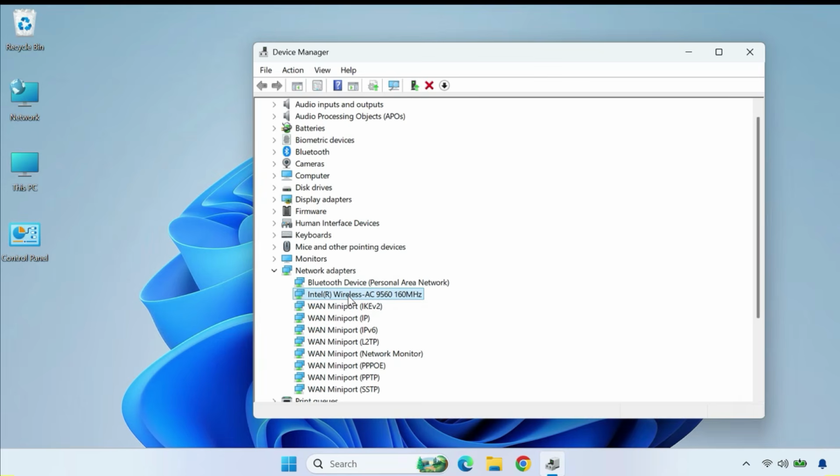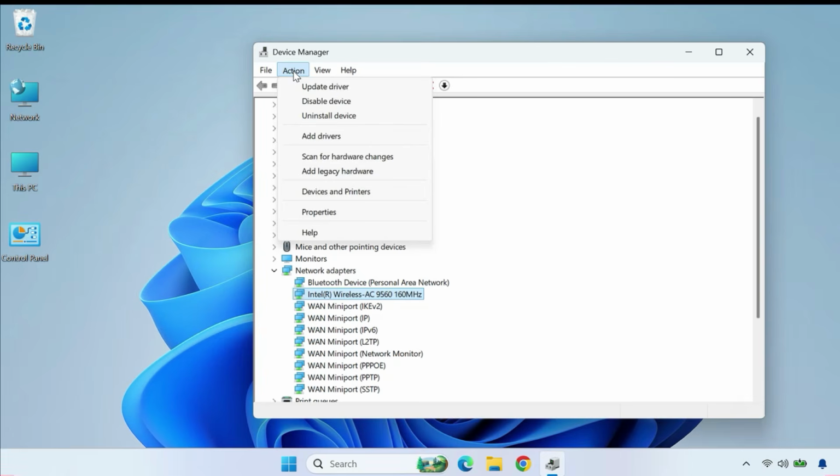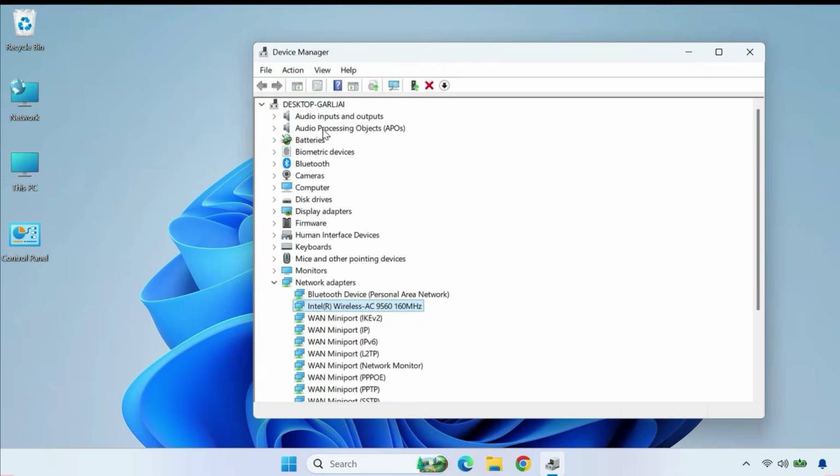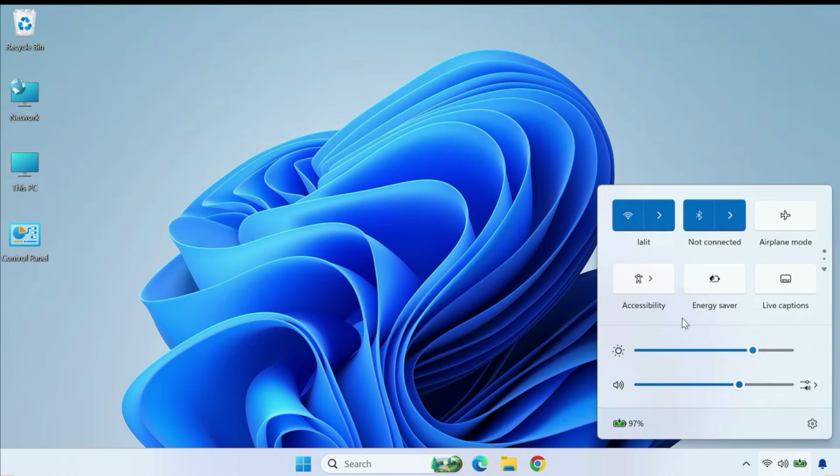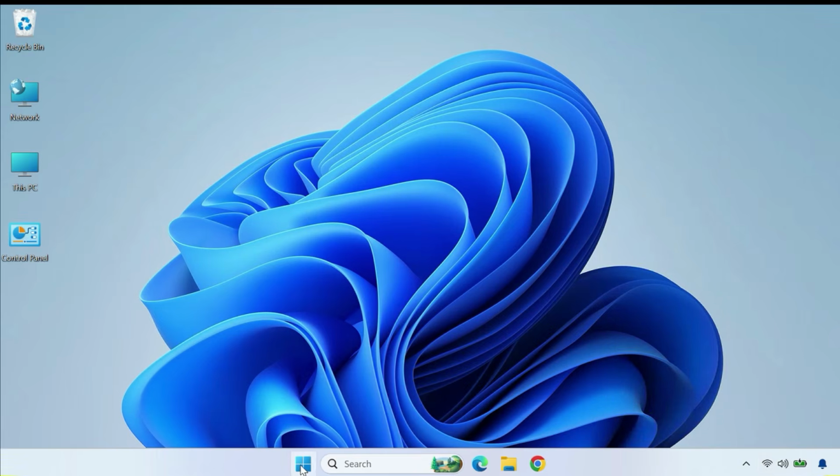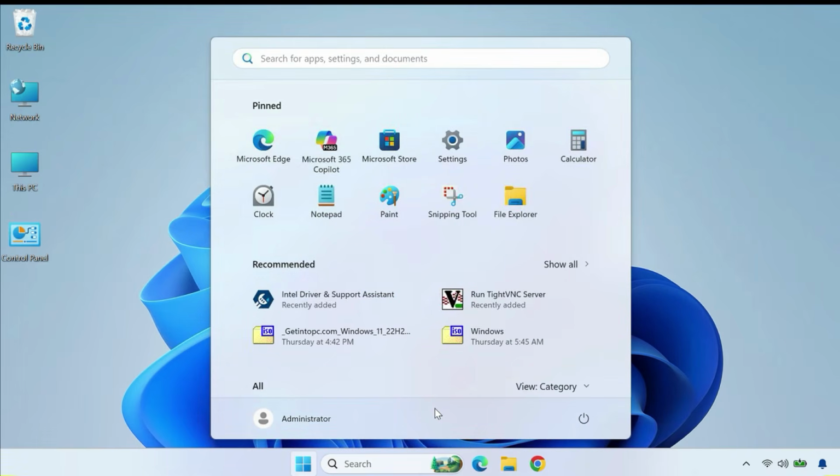Okay. So right click to uninstall. Okay. And then after that click Action and then click Scan for hardware changes. So again come to this and then close it, then you can see the Wi-Fi icon show. If it is still the same issue, click start, type